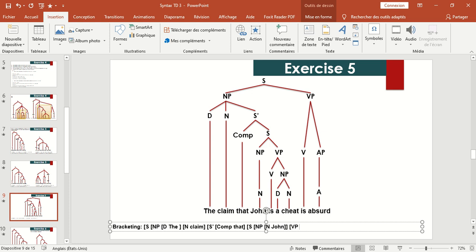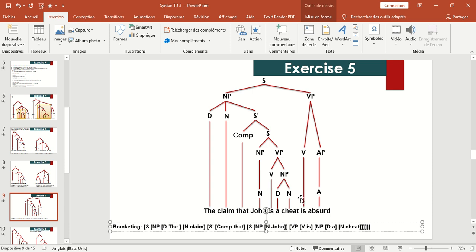Inside the verb phrase we have a verb, which is "is." Then an NP, which is composed of a determiner, which is "a," and a noun, which is "cheat." We close the noun, we close the noun phrase, we close the verb phrase, the sentence, the S bar, and